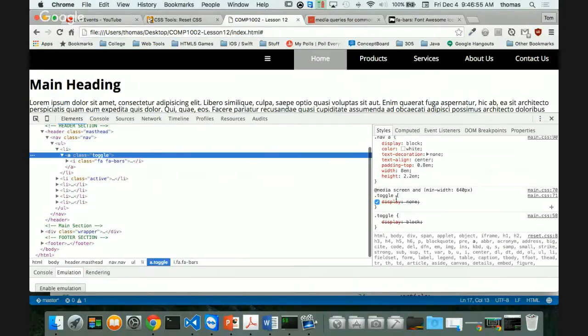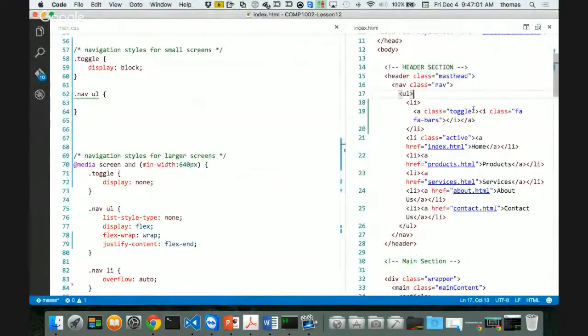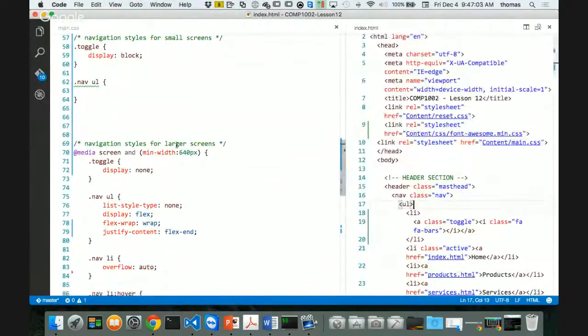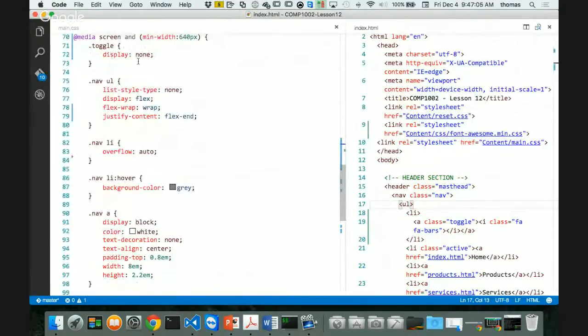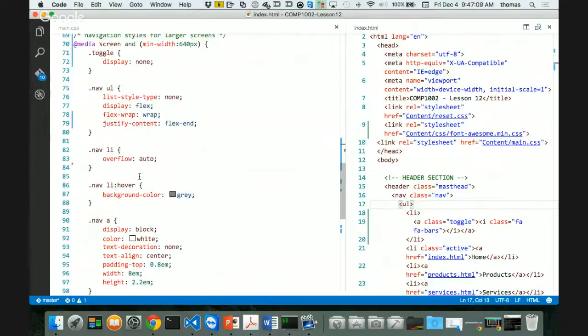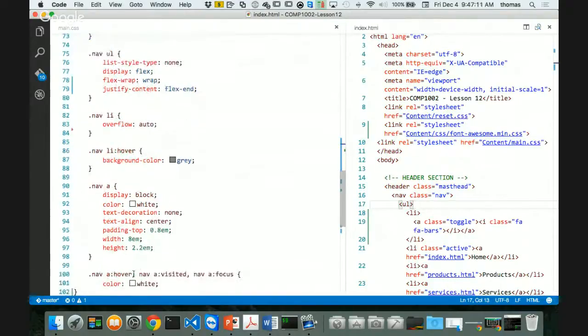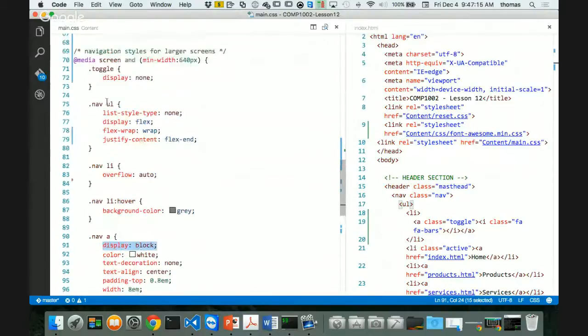Because they're being overwritten. Let me show you that. Because of the way I've written my styles, toggle display none is up here, but then in my anchor tags inside my list items, I say display block. So that overrides everything. So it's the order that I put